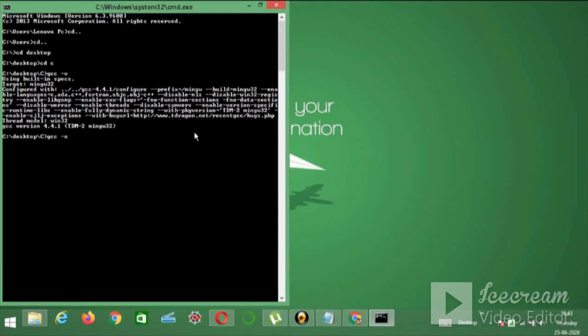From the source code we will get a machine code by compiling this. So naming the compiled machine code, suppose c1. Yes, c1. Then I have typed the source code 123.c.